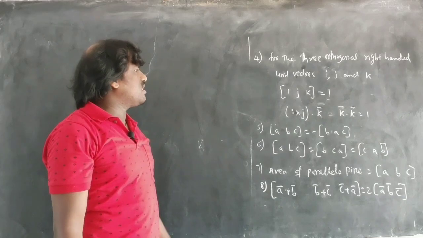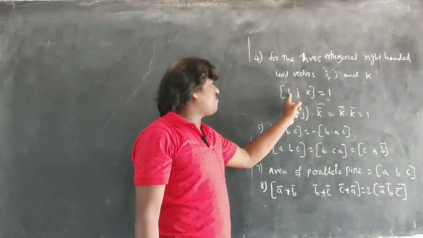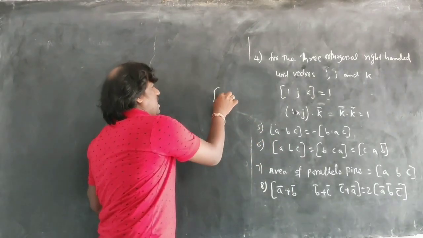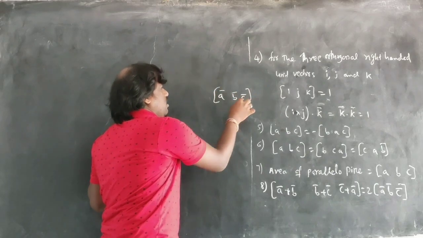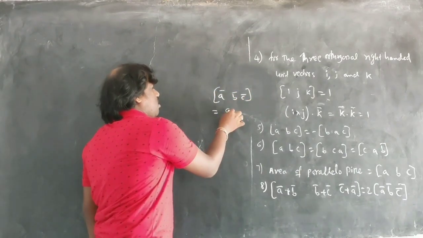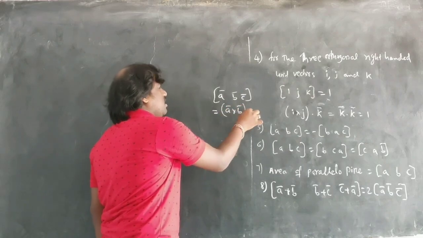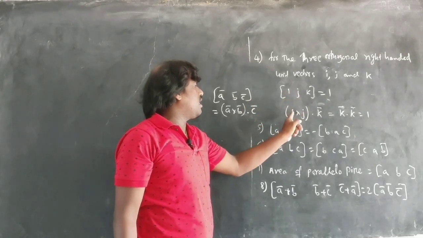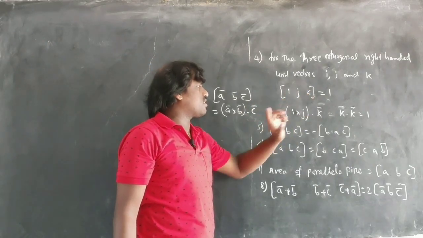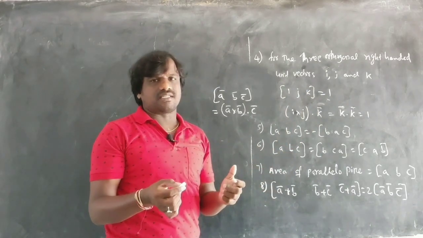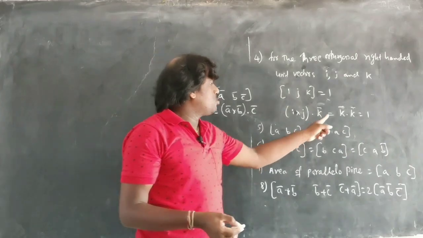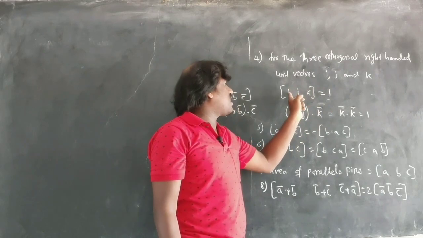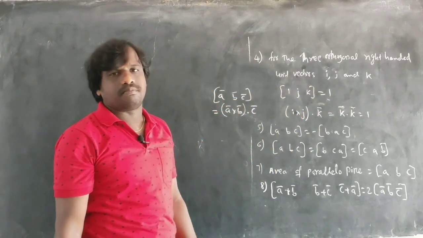When can we say box of ijk is 1? This is very important. Why is box of ijk 1? You know that box of ABC is equal to what? What is the box of ABC? A cross B dot C. This is only right. So according to this, ijk, what can I write? i cross j dot k vector. You know that i cross j will be what? k. So k dot k is 1. That is the reason box ijk is 1. This is one of the important properties.